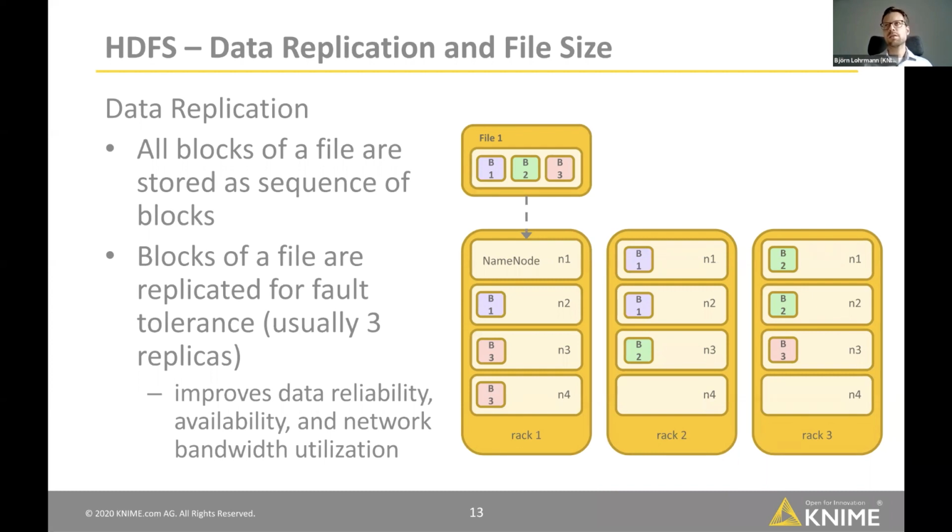So when a single node or even 2 nodes fail, you'll have at least a third node that is guaranteed to still have the last remaining block of this particular file. This improves data reliability, but it also increases availability of the whole system, and it's a nice way of distributing load, because you can do parallel reading of these blocks, so you get a much better load distribution inside the cluster.